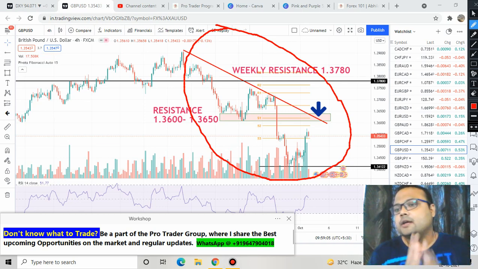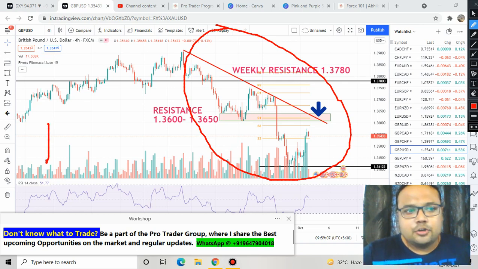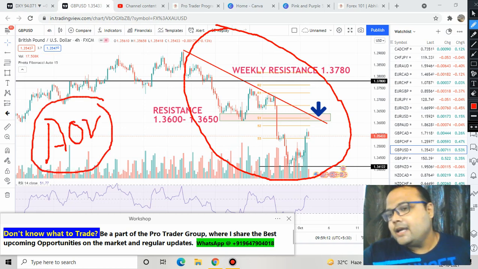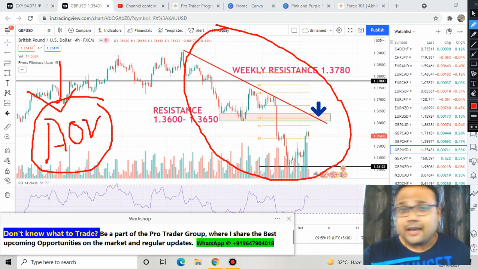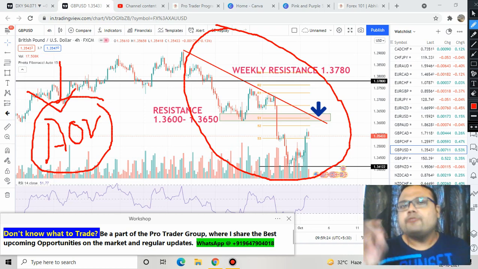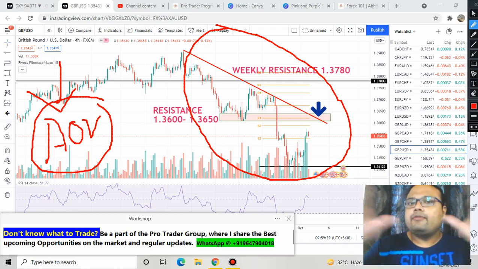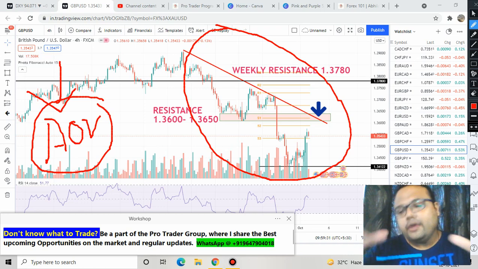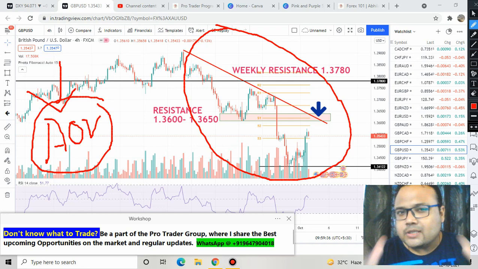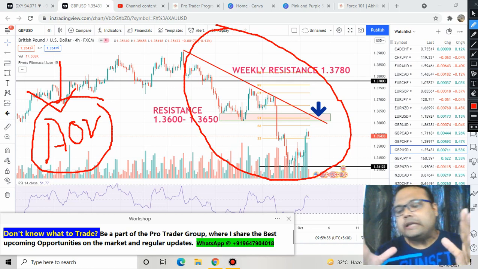Clear? Okay. The next point that should be our prime focus is the AOV, area of value. If you have watched my previous videos, then you know very well that I always focus on area of value, and I have been talking about it in hundreds and hundreds of videos. Area of value is the most important spot because if we find the area of value, we follow the risk to reward ratio and we get the best price. Area of value is nothing but the best trading opportunities.